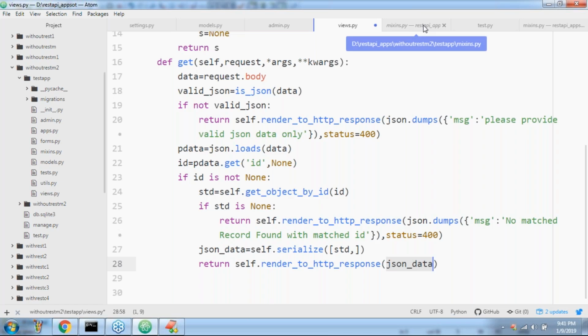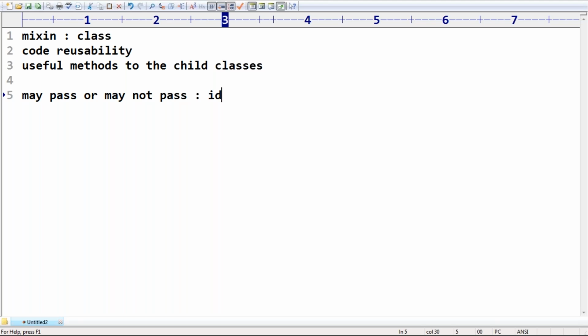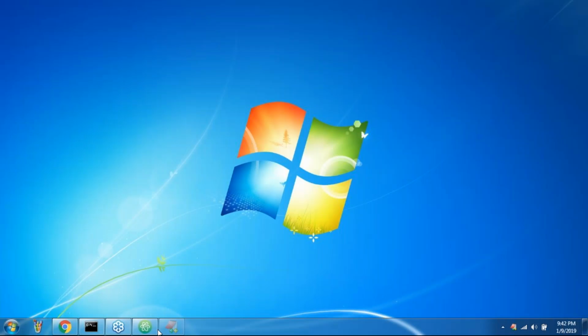Remember this one. Very simple: content type is JSON, status is default value already 200. Now we require to pass only JSON data. That's all, sir. The mixin takes care of that, no need to worry. Clear? Any doubt about this one?